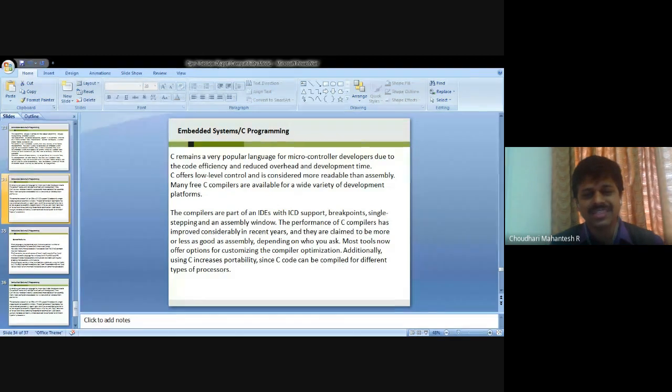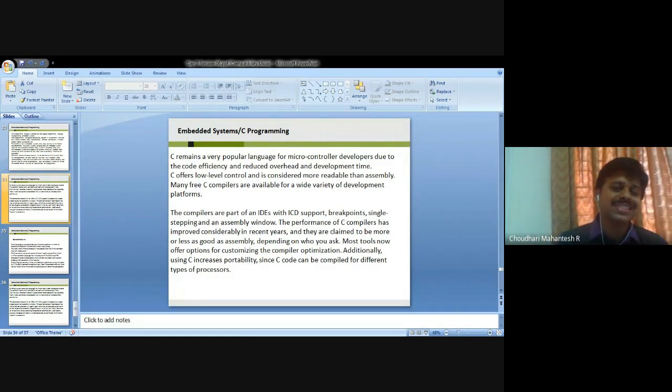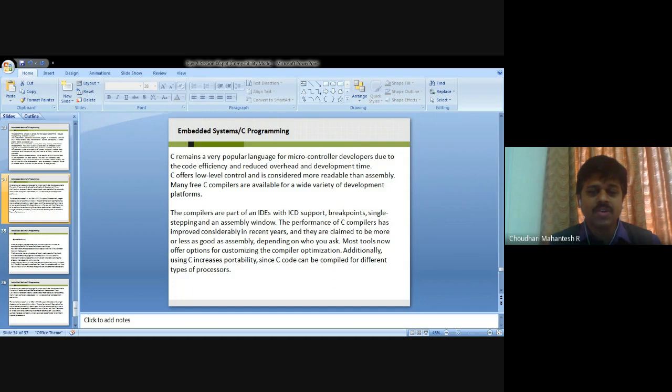The performance of C compilers has improved considerably in recent years, and they are claimed to be more or less as good as assembly, depending on who you ask.